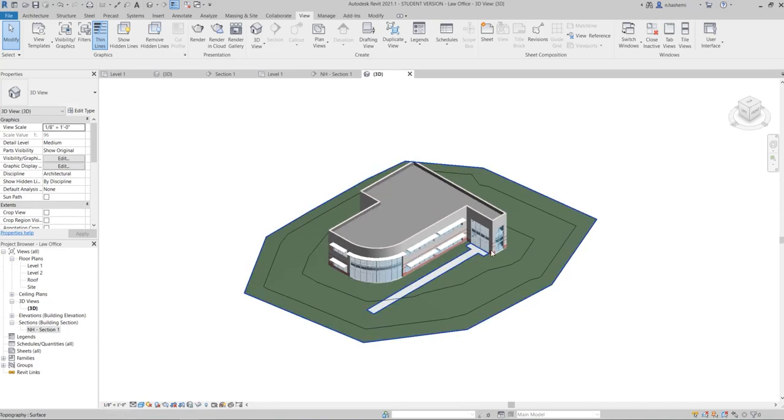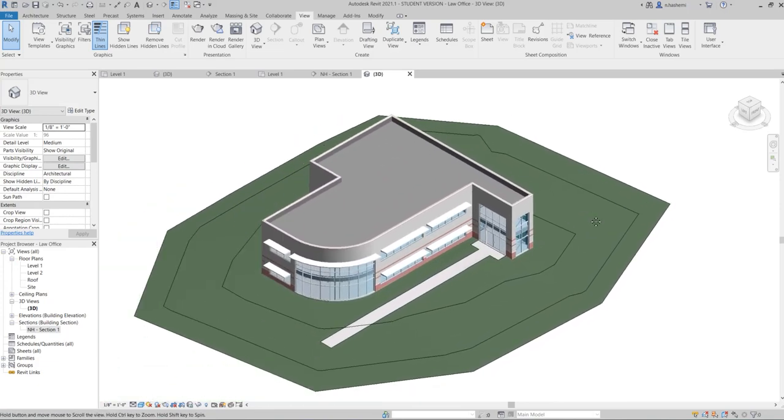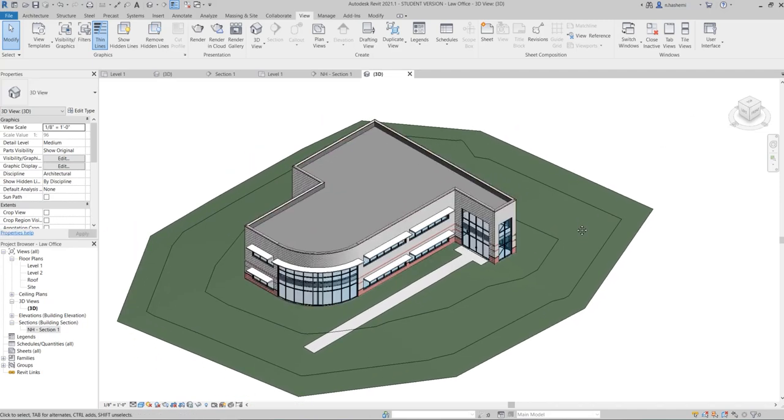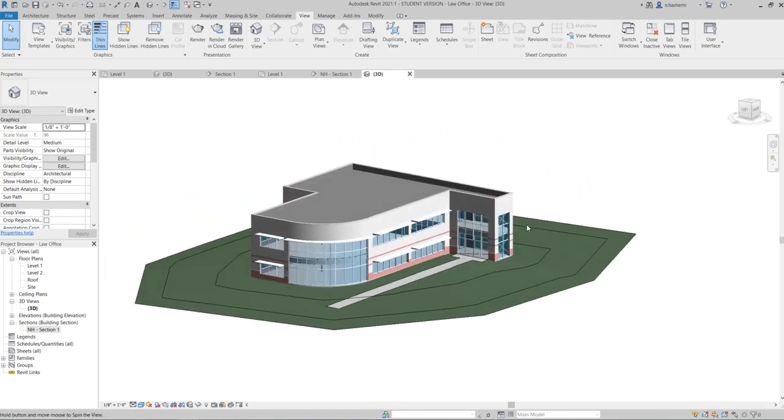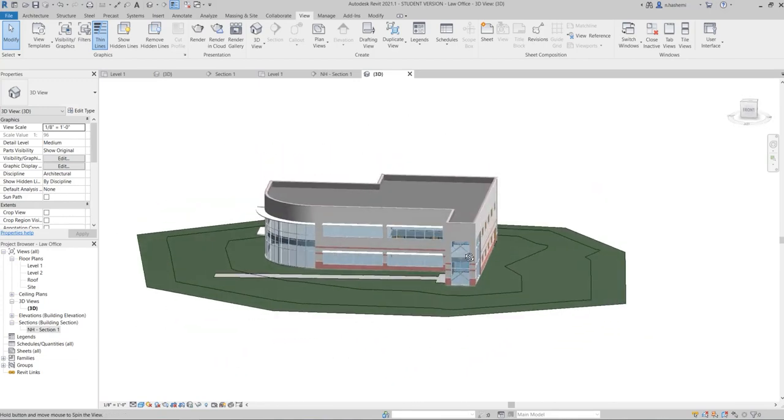And if you want, just hold your wheel down to pan, like AutoCAD. Now, if you want to orbit around your building using keyboard and mouse, you can just click on the Shift key on your keyboard and hold the mouse wheel and just orbit around the building. Okay? You can just rotate the view.